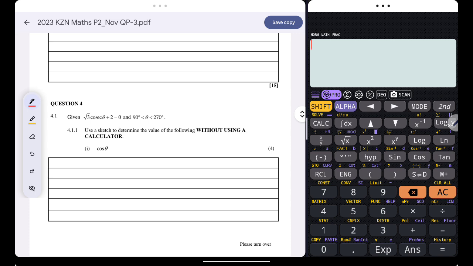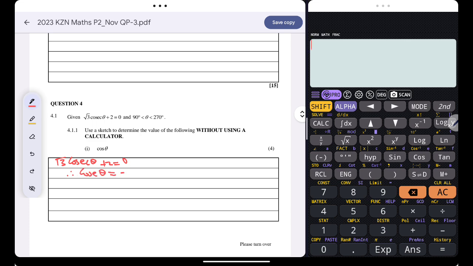But let's continue. We are given 3 cosec theta plus 2 is equal to 0, and we are told that theta is between 90 and 270. This is a typical tick and draw question. Please note that since we're given something like this, cosec theta plus 2 is 0, you can therefore simply say cosec of theta,